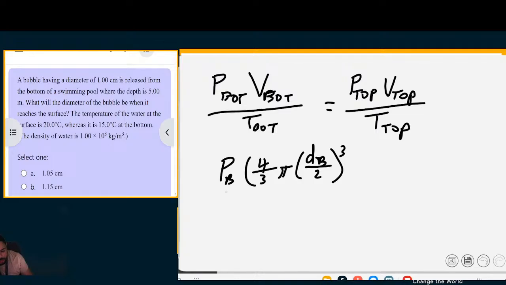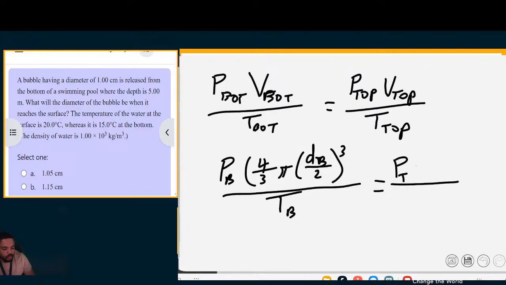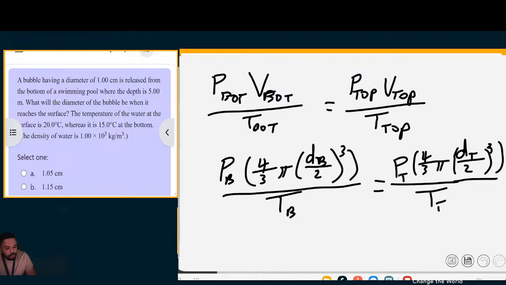2 cubed over T at the bottom, and that's equal to pressure at the top times 4 over 3 pi, that's 4 over 3 pi, that's a diameter at the top over 2 cubed, and you close the bracket, and that's the temperature at the top. Okay, now what you do know, or you should realize, is that the pi's can cancel,